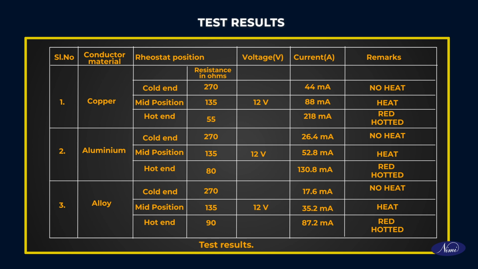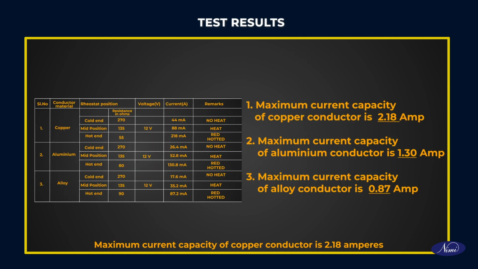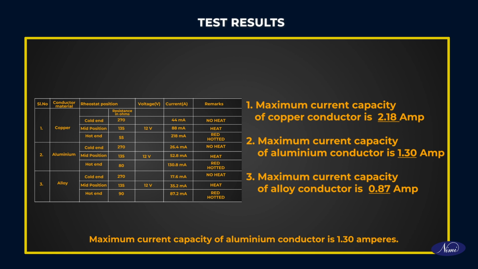Test results. From the tabulation value, we can conclude the current carrying capacity of a given conductor material. Maximum current capacity of copper conductor is 2.18 amperes. Maximum current capacity of aluminium conductor is 1.30 amperes. Maximum current capacity of alloy conductor is